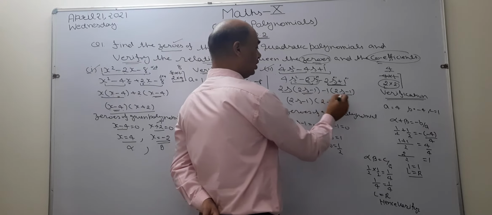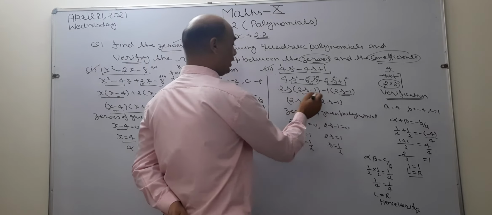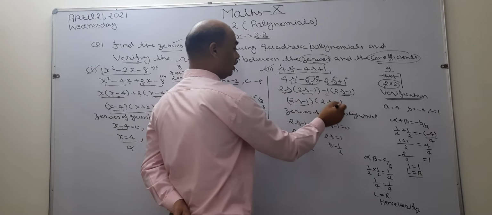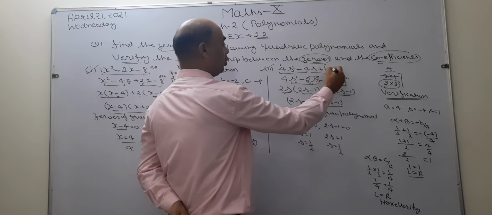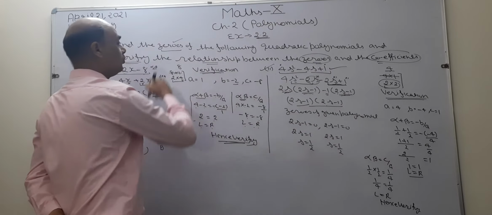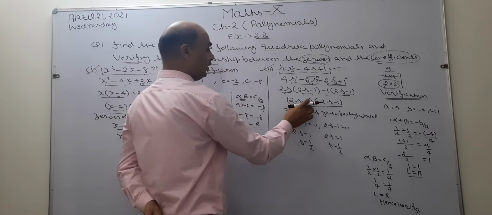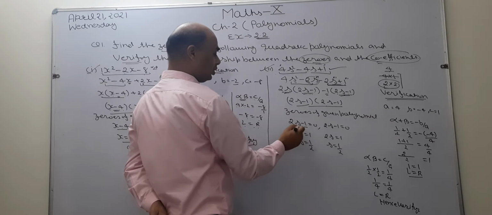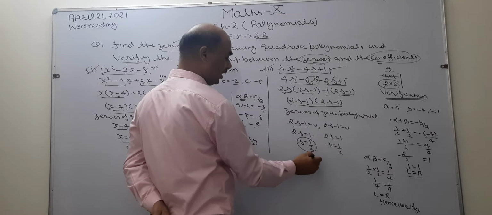Now see, these two terms are same. These two terms are common. I take common. When I take 2s minus 1 common, what is left? 2s minus 1. Now these are the two factors of the given polynomial. We have to find the zeros. For zeros, we have to write here zeros of the given polynomial. What we do? We put both the terms equal to 0. When I take this term equal to 0, this becomes negative to positive and s equals 1 by 2. This is your value of alpha.